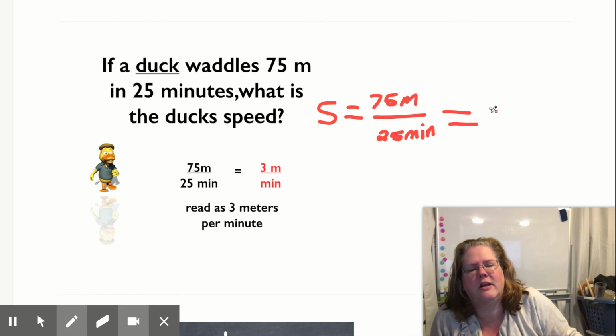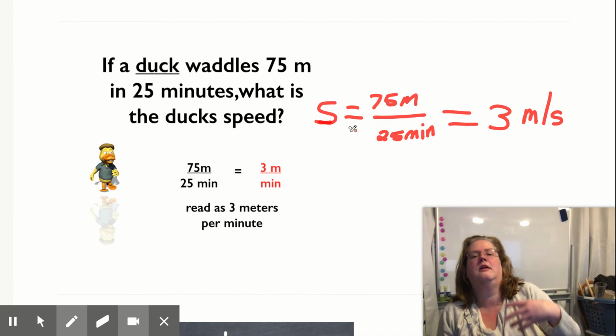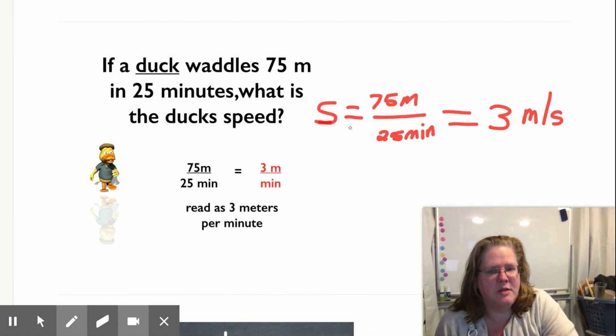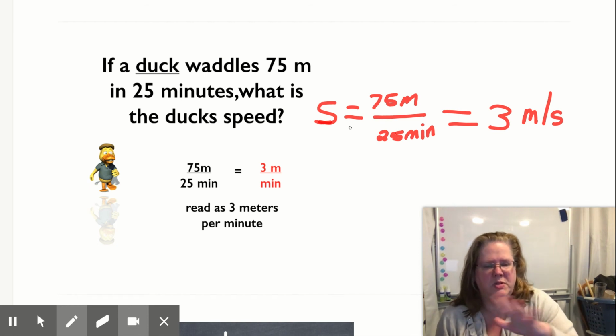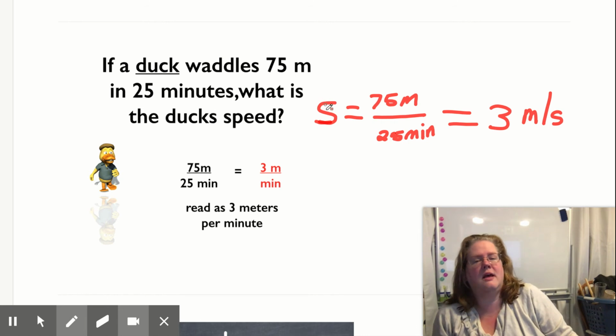And then you would write your answer as 3 meters per second. If I were to do this, and actually we were in class and we were all together, and we were doing this on paper instead of just notes, which we'll do later, I would expect to see this. In science,